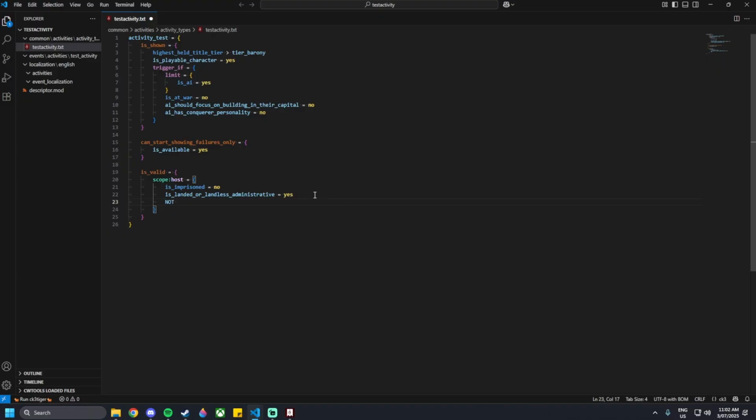And then not equals { is_incapable = yes }. So if your character is incapable, you cannot do this activity. And then outside of that, we can move on to on_invalidated = { if = { limit = { scope:host =